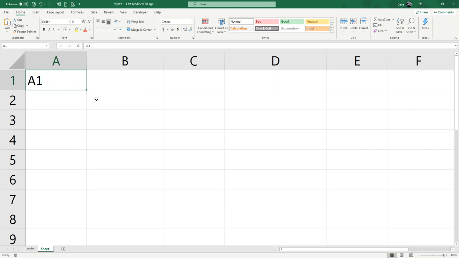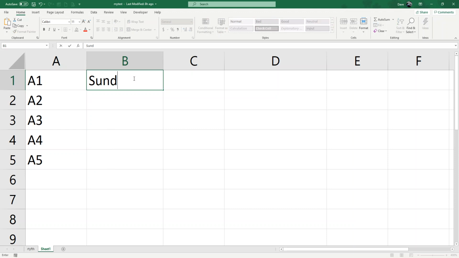Now you see where my cursor is when I put it right at the corner of the cell. See how it turns into a plus sign? Now that is the fill handle. So we can automatically fill in for you. Now here, Sunday,